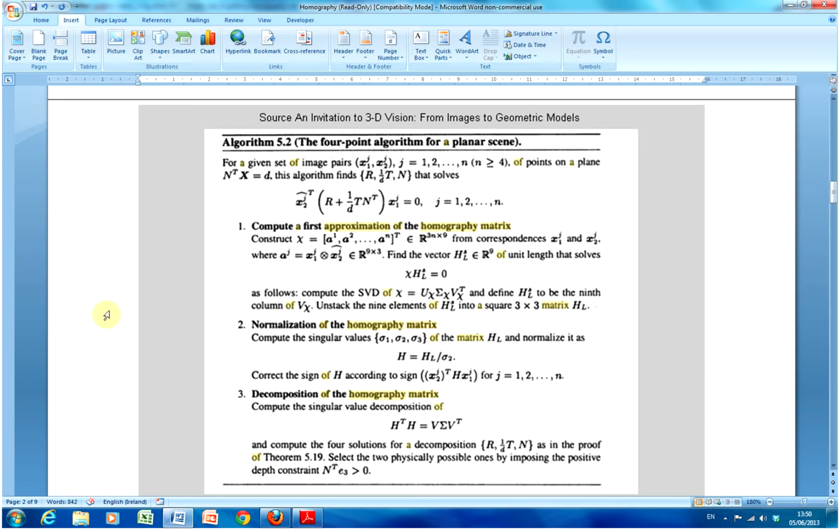Okay, and we're going to use singular value decomposition, and we're going to normalize the homography. And by the way, again, not my work, I took this as a screen grab from a Google book, An Invitation to 3D Vision, from just a geometric models. So we're going to follow those 3 points, 4 points, whatever you want to call it. So